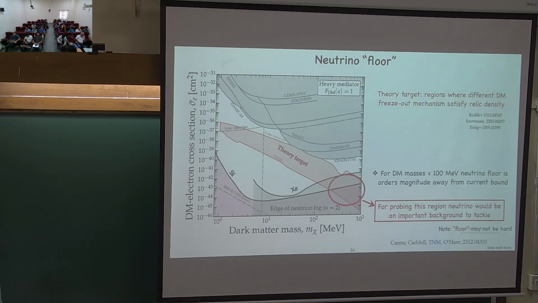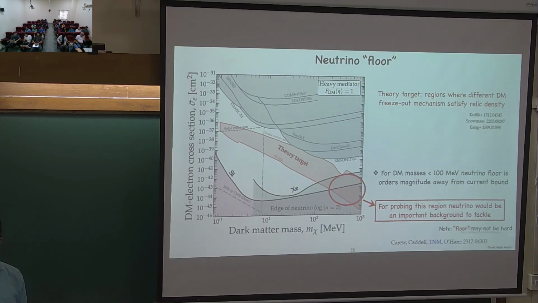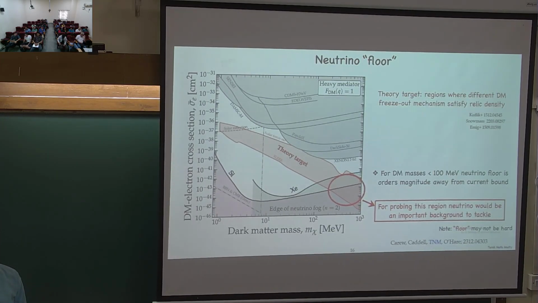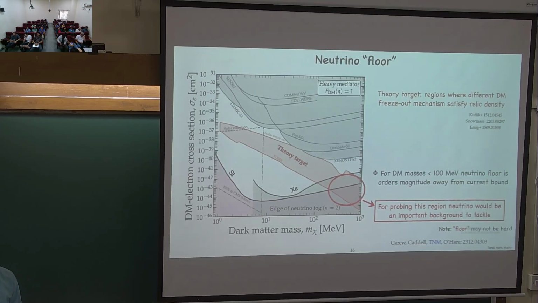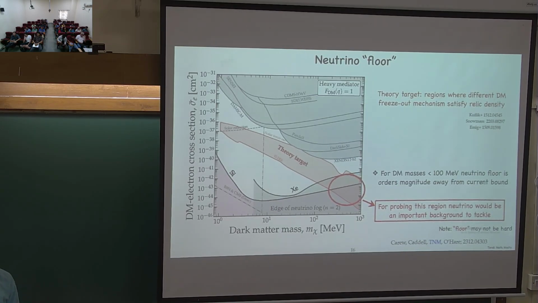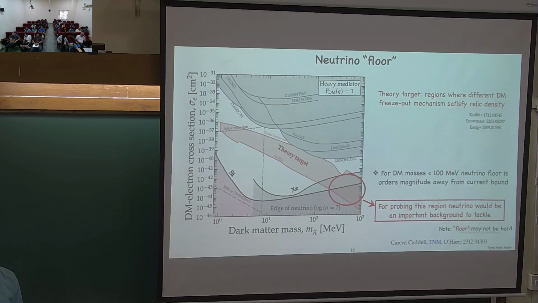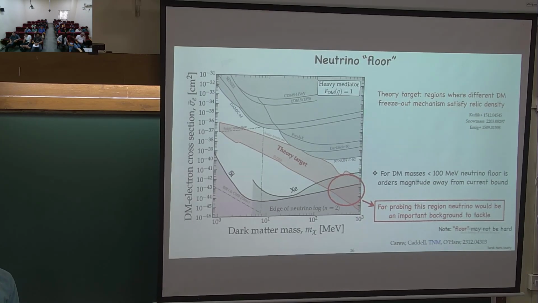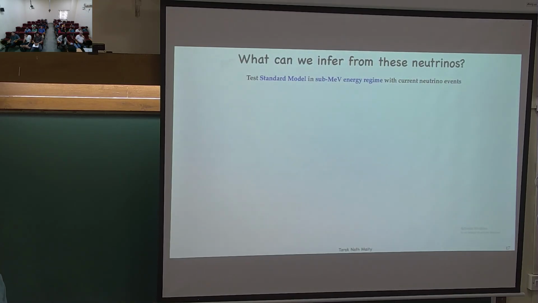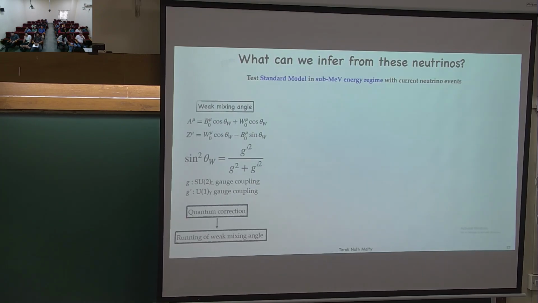Okay. So far what I have been talking about is that you can detect these neutrinos in dark matter experiments, which would be problematic for the dark matter searches. And the next question that we have asked is, given that we can detect these neutrinos, can you say something new, or can you do some novel physics with those detections? Particularly, we are interested in testing a standard model parameter, which is the weak mixing angle, as you know. This is a mixing between the third component of the SU(2)_L gauge boson and U(1)_Y, which gives rise to the physical photon and Z boson. And essentially theta_W is what is.